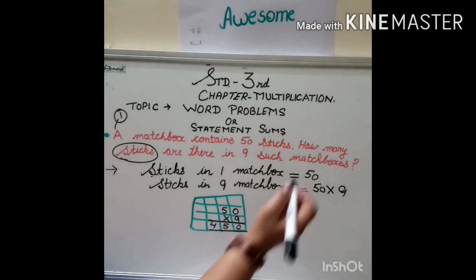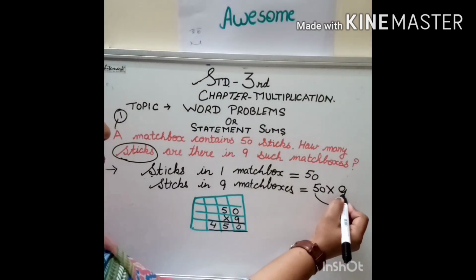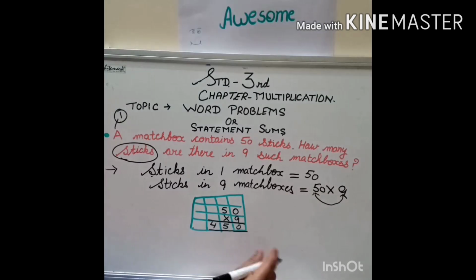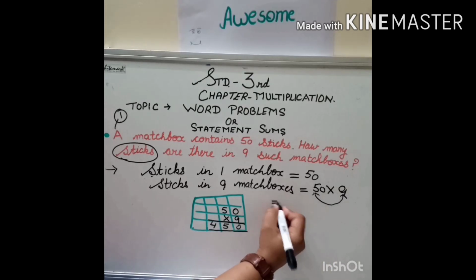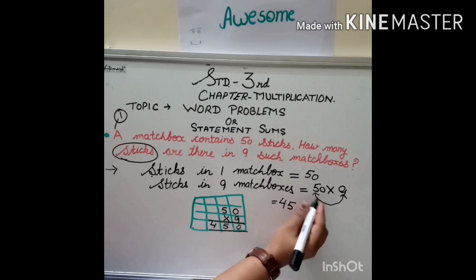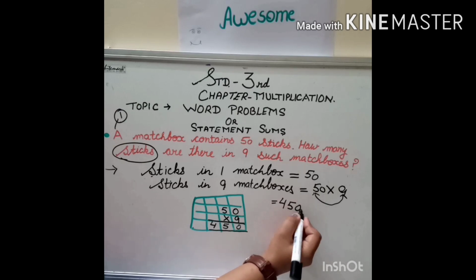Okay children? Or the other way of writing, yes, I told you in the previous video also how to write the numbers related to 10, 20, 30. We will simply multiply the digits. 9 fives are 45 and 1 zero is there on the right hand side. We will put 1 zero.